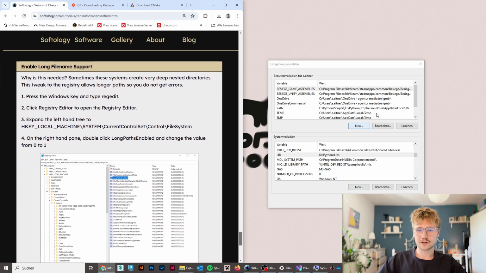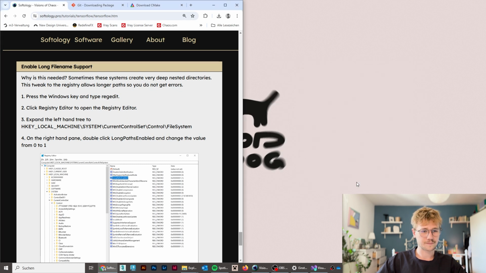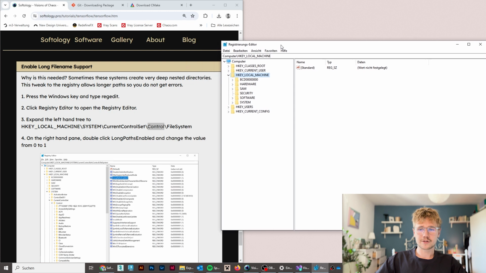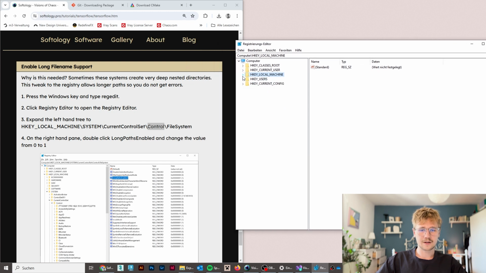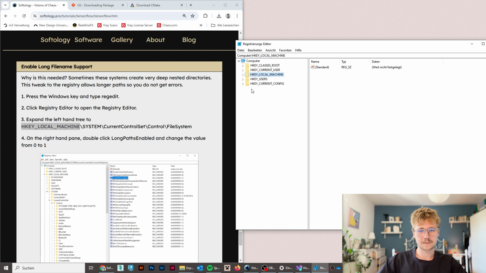Now the last thing we need to do is enable long file name support. For this, you would need to press the Windows key and type this expression. So just copy it, hit Windows, paste. So this will open up the registry editor, and you will navigate to HKEY local machine,